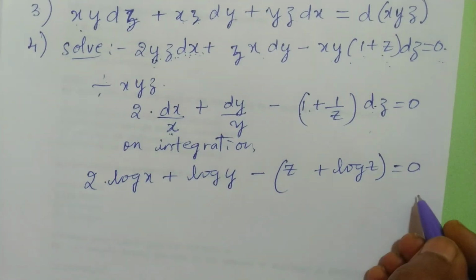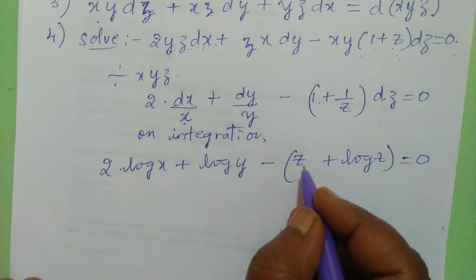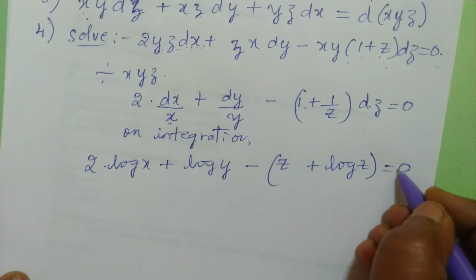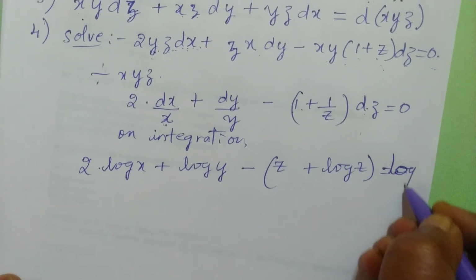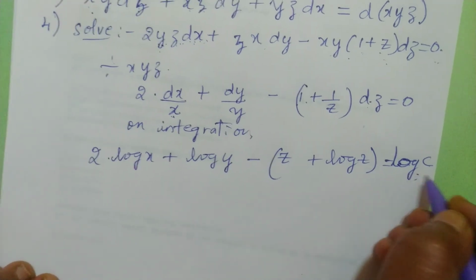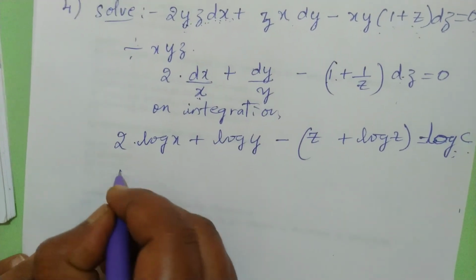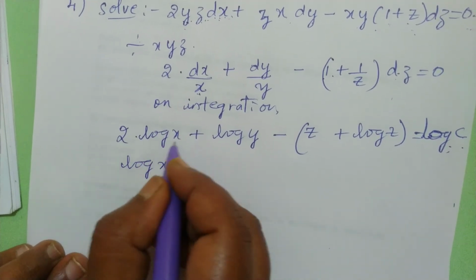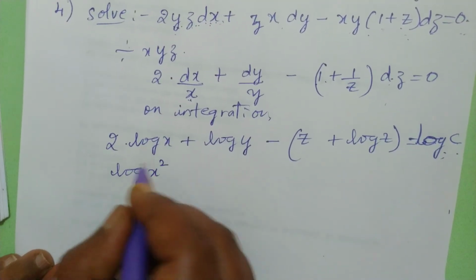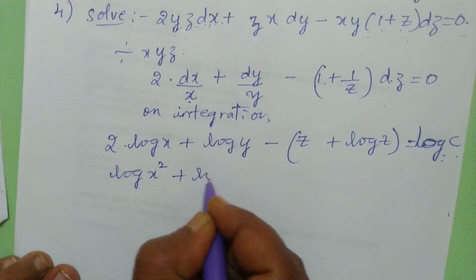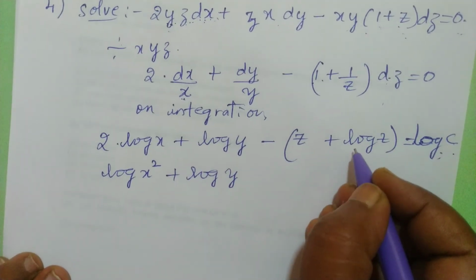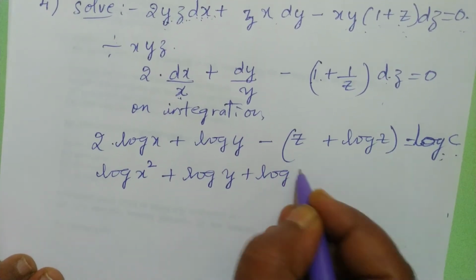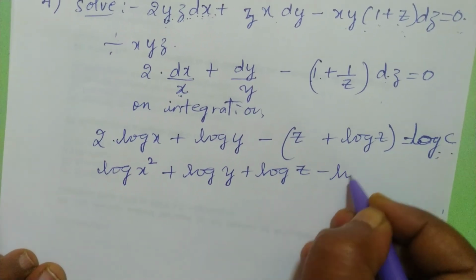Now everywhere we have a log function, and we can take the integration constant also as log c. After integration, let me write the integration constant. Now this will be what? Log of x square, see, we have 2 here. We have used the logarithmic formula like log of x square plus log y plus log z. Let me take that log c to the other side. It becomes my